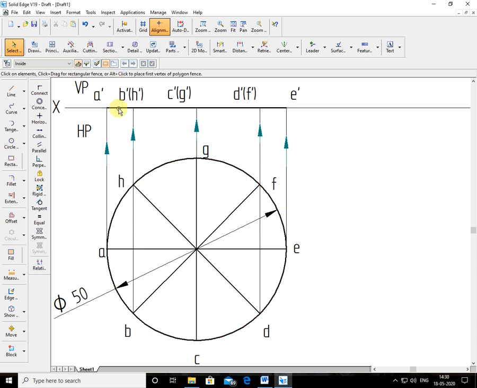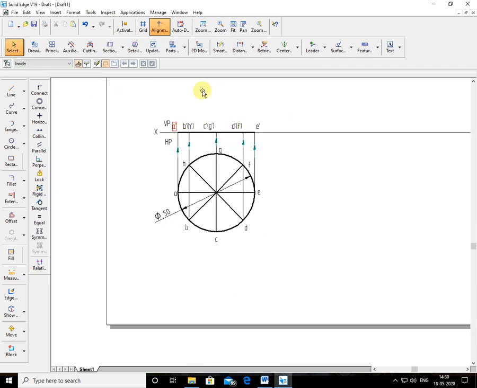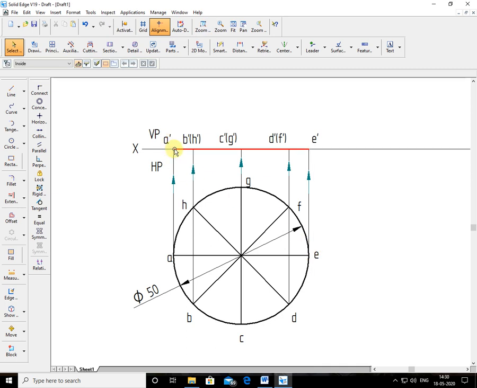It is a diameter. Now if I tilt, I'll just show here. So now see, if I tilt about A dash, you can see my cursor here. So about A dash if I tilt and if I take E above like this, in this way, I'll just show here, just for your understanding.